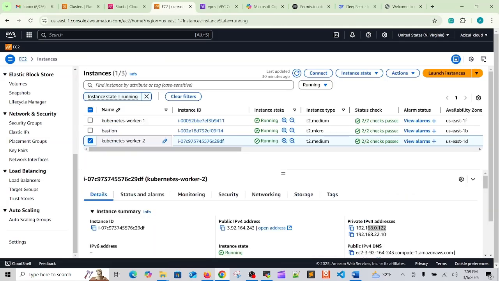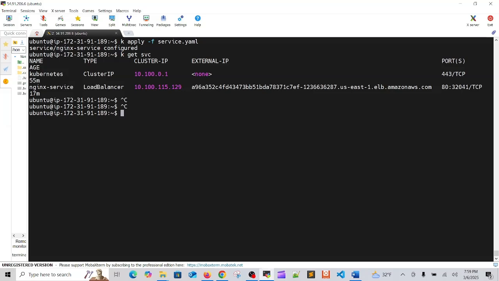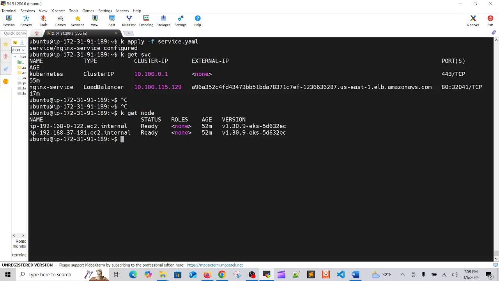Can you remember our worker node 2? This is the IP, right? 122. Our pod is working there. So let's delete that one first. kubectl get node. So which one? 122, right? So kubectl drain,